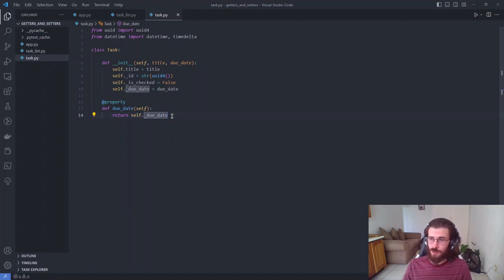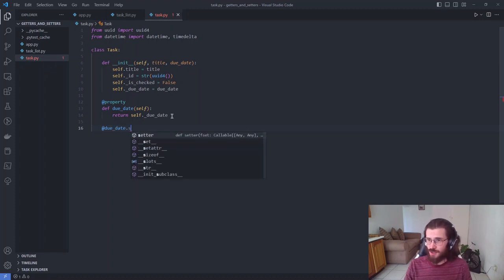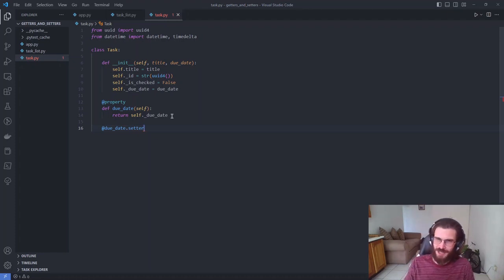Cool. So now that we've got the property set up, we are going to use decorator syntax again and say @due_date, because now due_date is a property, .setter. Over here, decorator syntax, no brackets over there. A little annoying that IntelliSense doesn't pick that up, but hey, we deal with what we get. So @due_date.setter, so this is now referring to the property of due_date. And we can type